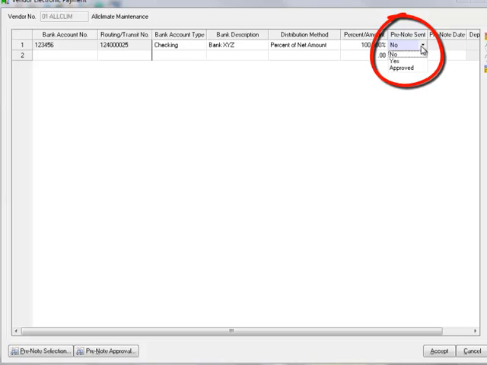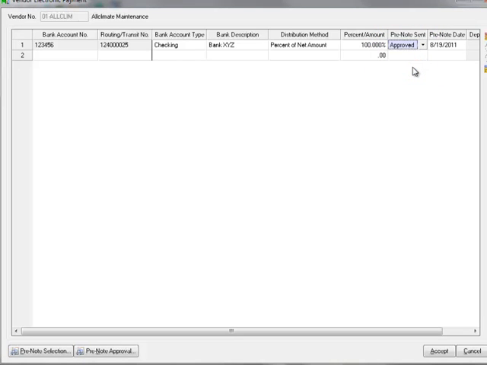If you choose to send prenotes to your bank, then select No. If No is selected, you will need to run a prenote selection that will change the field to Yes, send the prenote file to the bank, and upon approval, run a prenote register that will change the field to Approved. If your policy is not to send prenotes, then select Approved. In order to process an electronic payment, the field must be set to Approved, so we'll make that our selection